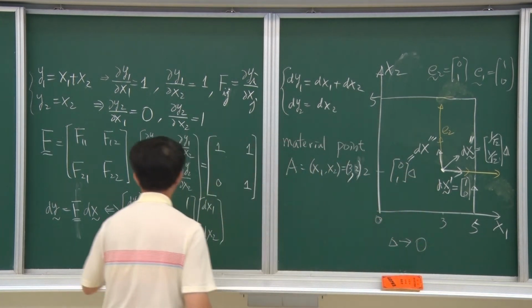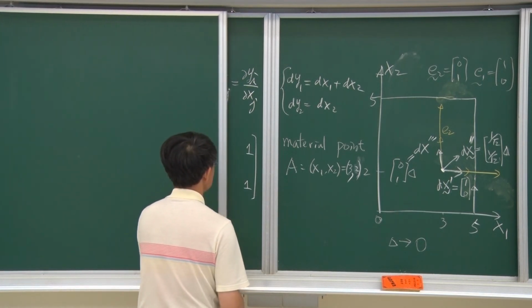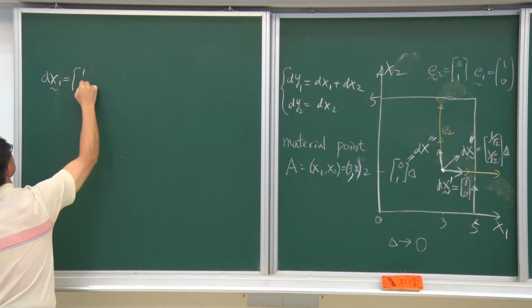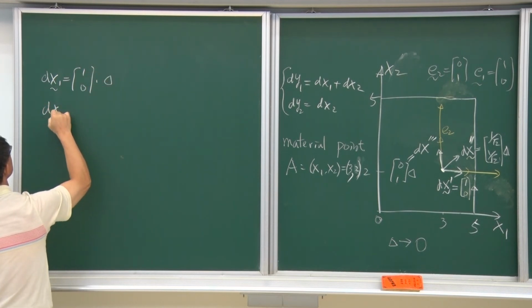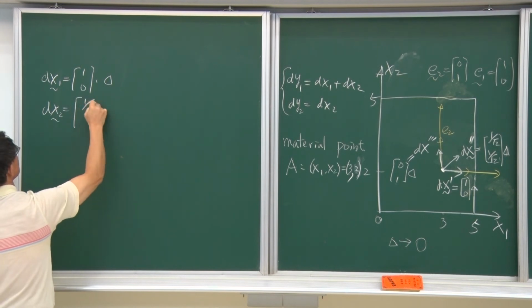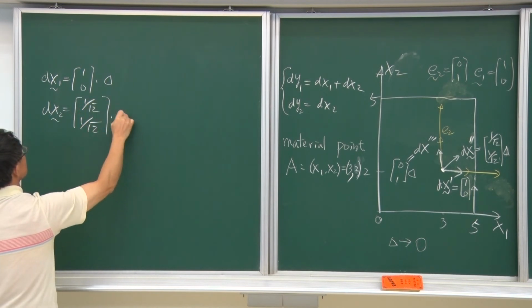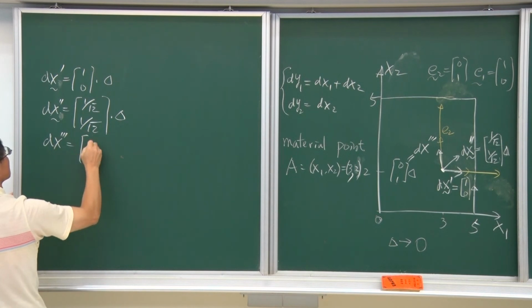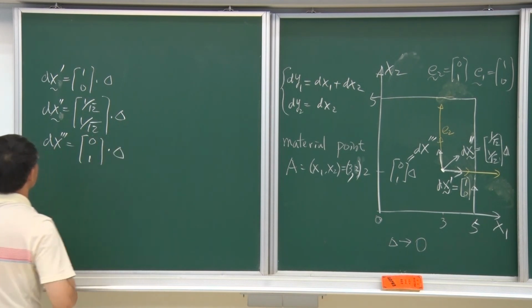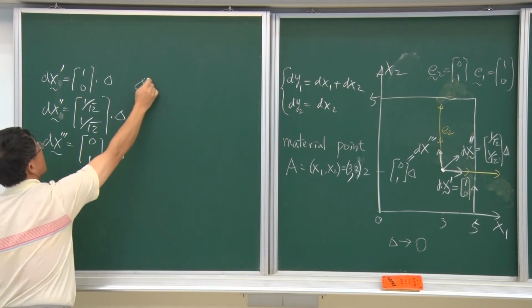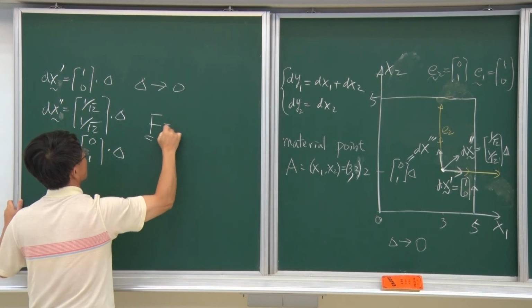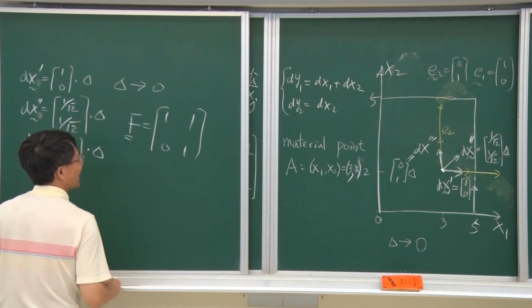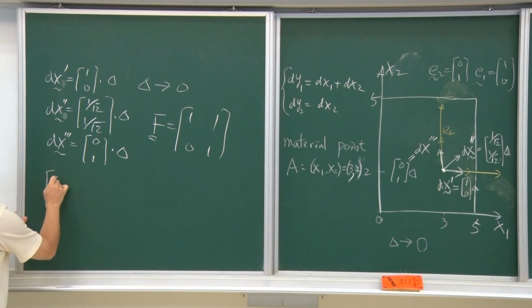So as a result, we calculate with delta tending to 0, and then F is equal to 1, 1, 0, 1. Then we have the relation to find out